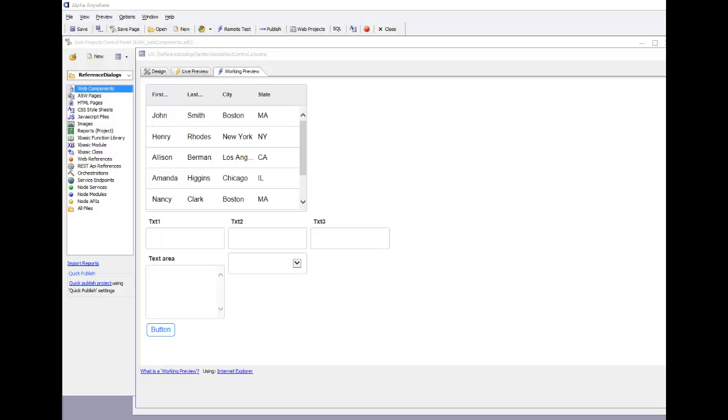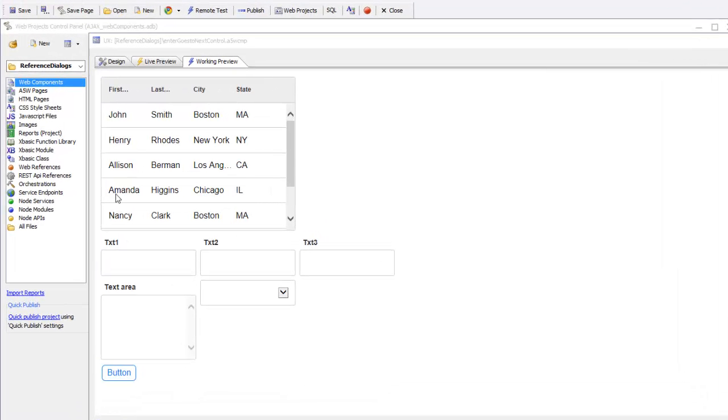In this video, we're going to show how you can create custom keyboard shortcuts in a UX component. So you can see here we have a simple UX component with a button, and when I click on the button, we can see we get an alert. So let's assume we'd like to make a keyboard shortcut so that when the user presses, say, Alt F1, this